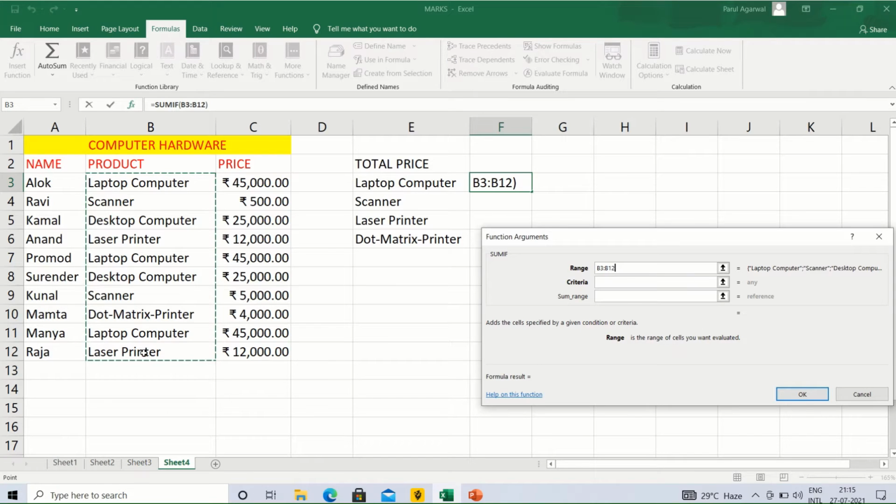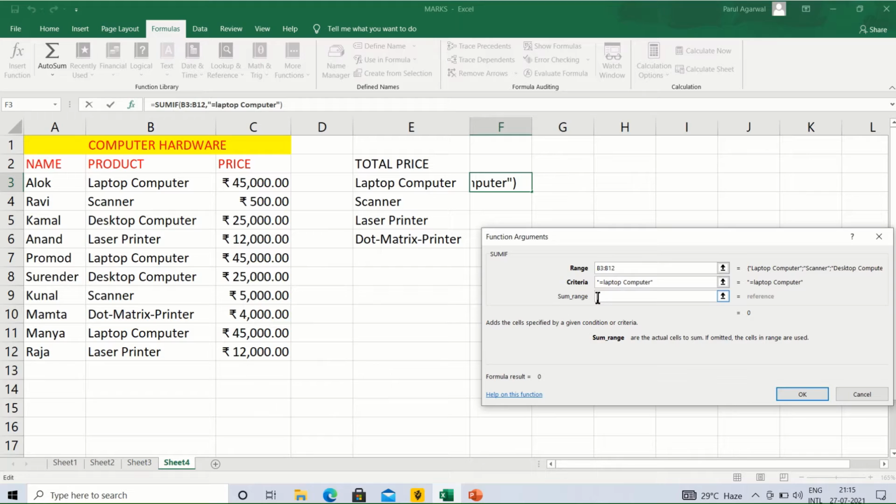So we have selected all the products, and after selecting all the products, we'll give the criteria in the criteria text box. So we will give inverted commas, equals to laptop computer. After typing this, we'll close the inverted commas after laptop computer.